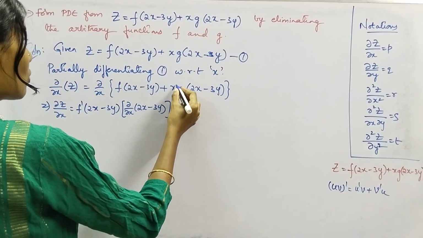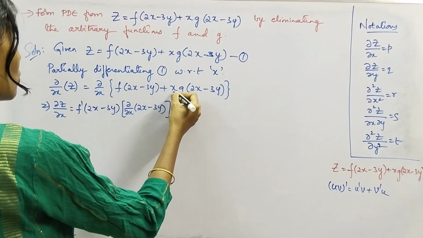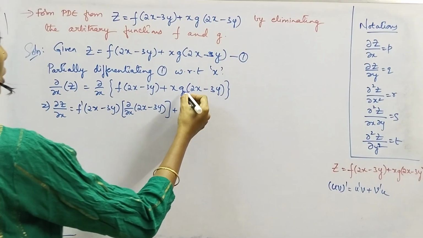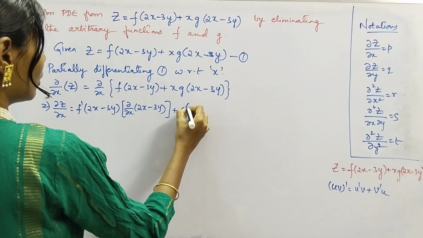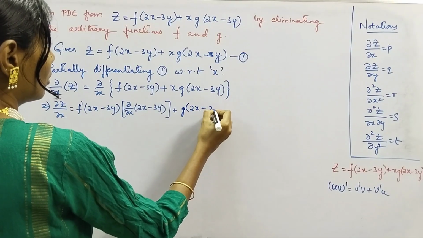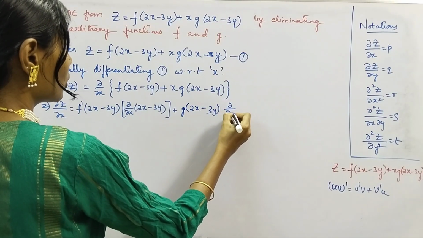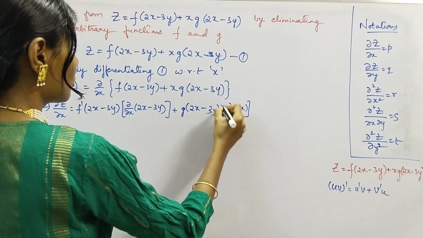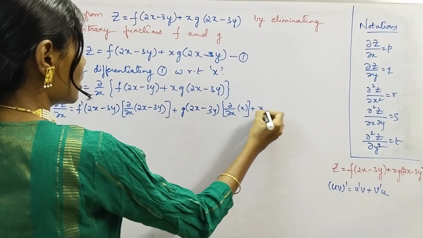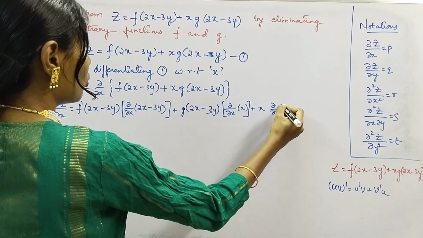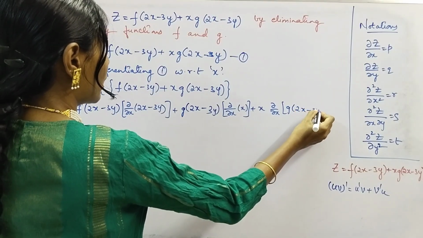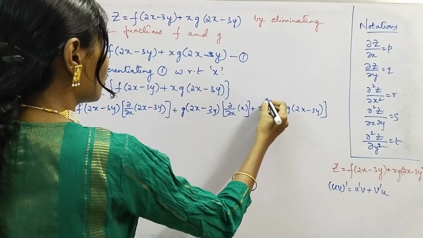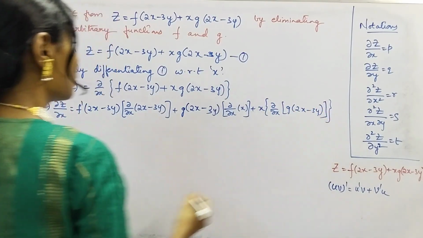First we'll apply the derivative for x and then we'll apply it for g, into partial derivative of x with respect to x,